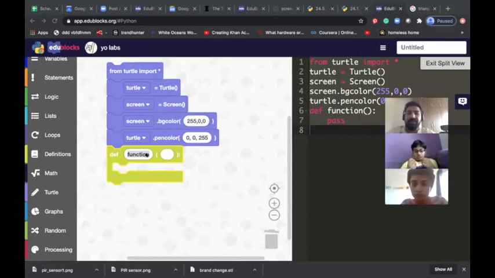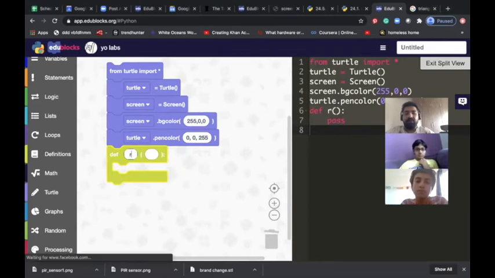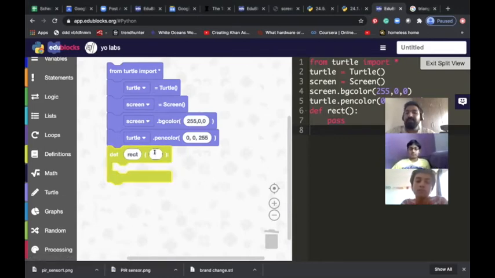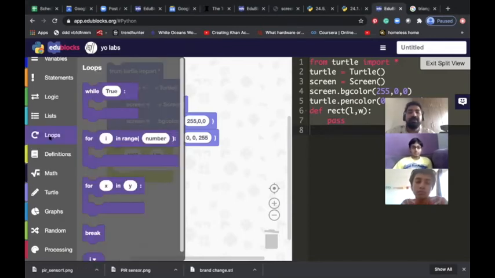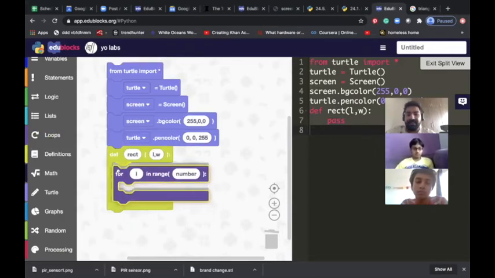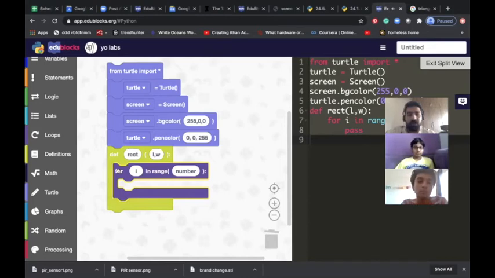So here we will say that I want to create a function called rectangle. A rectangle has two things: length and breadth, or width. What I have to teach it is to go to loops and bring this in.